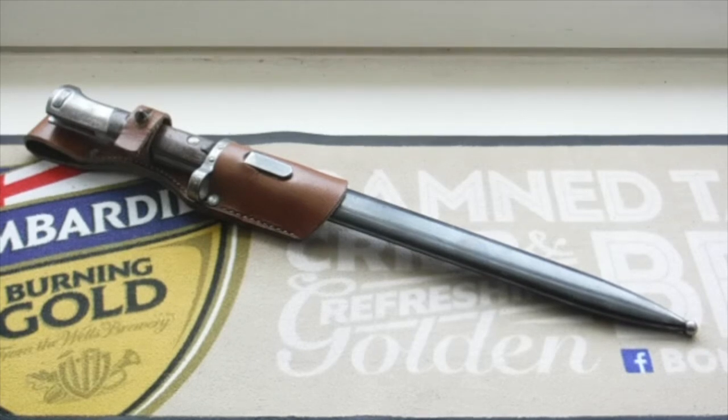This bayonet, as I said, was used by Czechoslovakia, which nowadays is the Czech Republic and Slovakia. Czechoslovakia was an independent country during the wars, and then after it was taken over by the communists. The Communist Party took over, but they were never fully aligned. The guy who ran Czechoslovakia, I forgot who he's called, the communist leader at the time, fell out with Russia and the Soviets, and he was more inclined toward Western diplomatic alliances, apart from his fellow communists. So anyway,